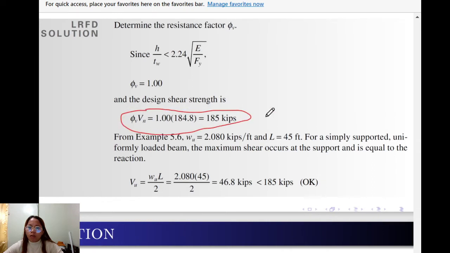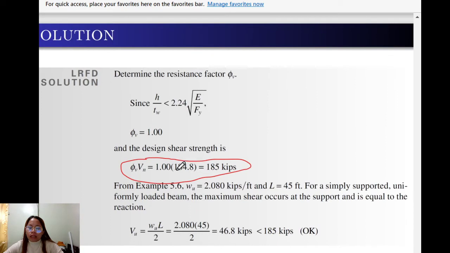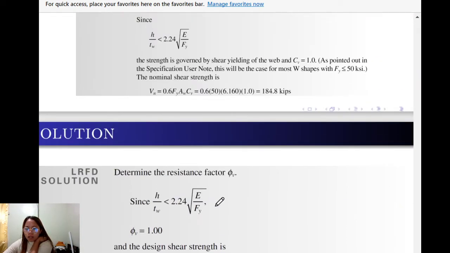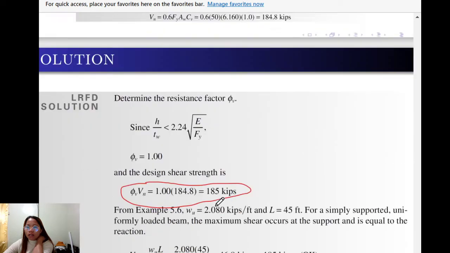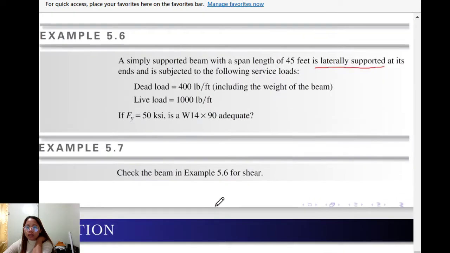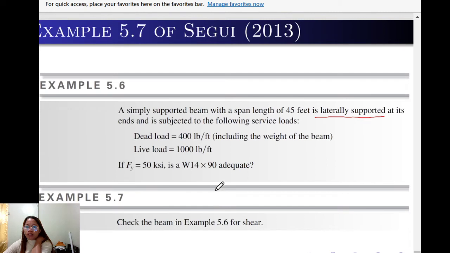Your maximum shear force, which is caused by the applied loads, should not be greater than this design shear strength. And from the example, the uniform load, 5.6. Yes, this is a simply supported beam subjected to uniform load, dead load including weight of the beam, and